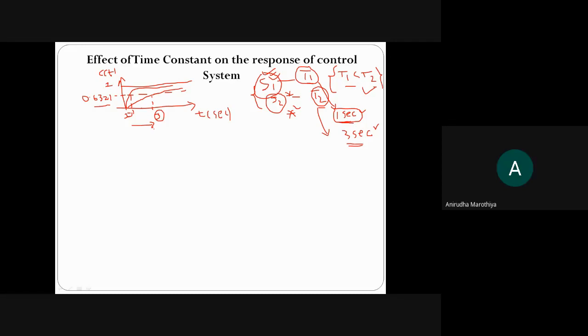कहने का मतलब है कि जो सिस्टम का टाइम कांस्टेंट कम रहेगा उसका रिस्पॉन्स उतना ही फास्ट रहेगा, और होना भी चाहिए ना, क्योंकि टाइम कांस्टेंट क्या है? इट इज नथिंग बट द टाइम टेकन बाय द सिस्टम टू रीच 63.2% ऑफ इट्स फाइनल वैल्यू. अब मैं जब बोल रहा हूं कि मेरे फर्स्ट सिस्टम का टाइम कांस्टेंट कम है, इसका मतलब वो कम टाइम में 63.2% को रीच कर लेगा. आर यू गेटिंग माय पॉइंट? Yes sir. दिस इज वेरी इंपॉर्टेंट.